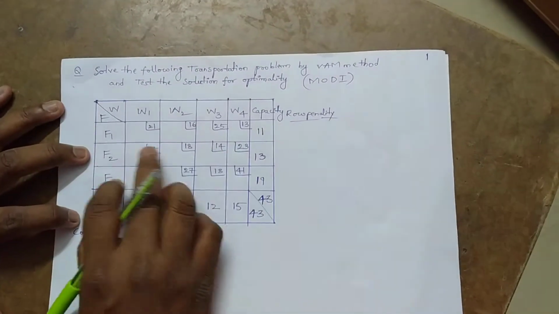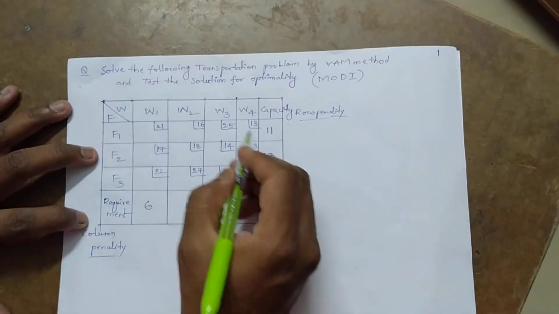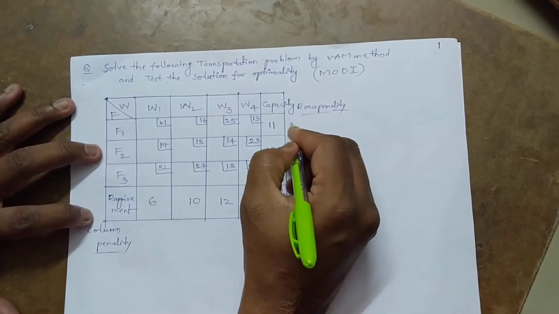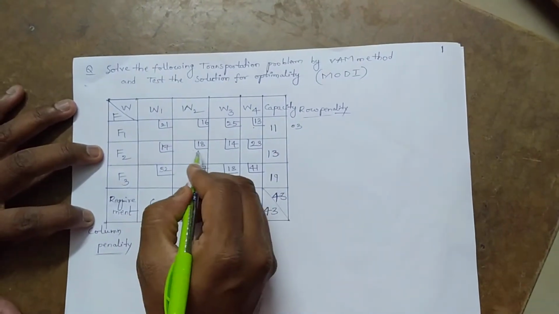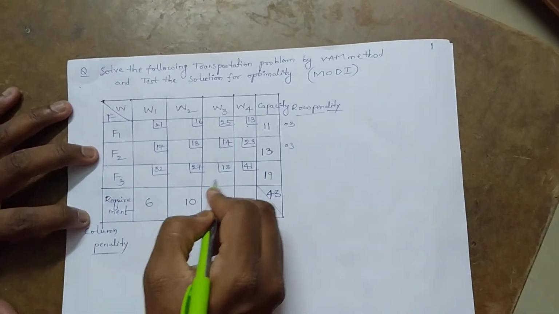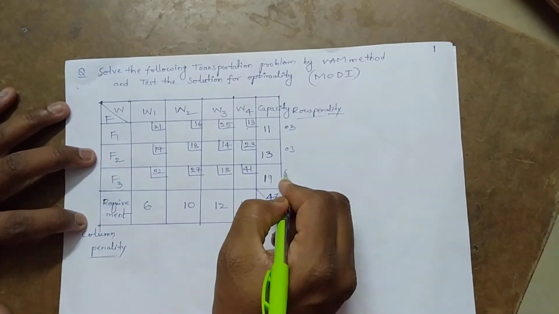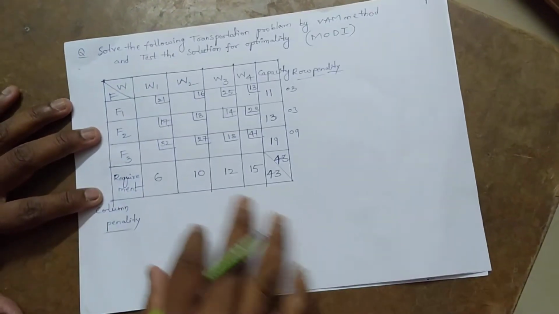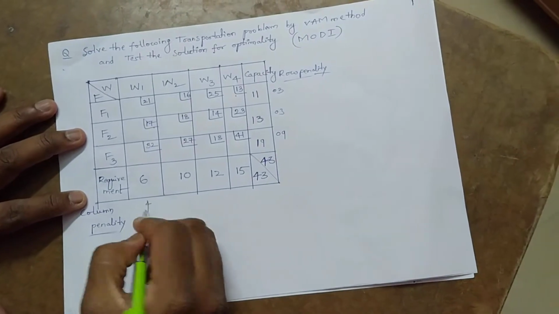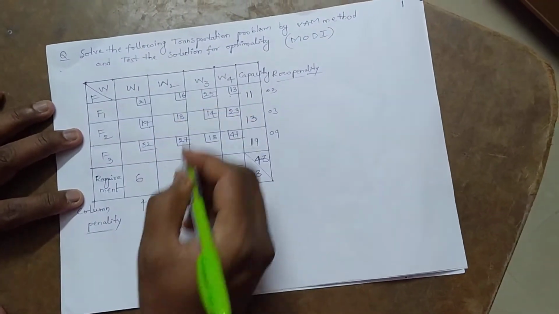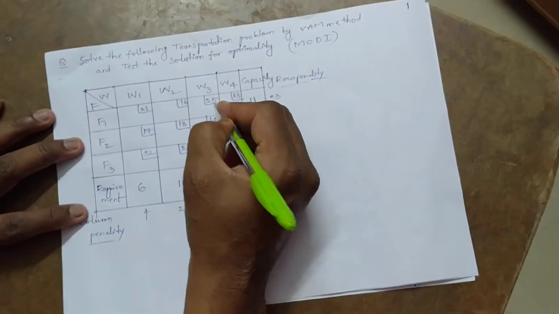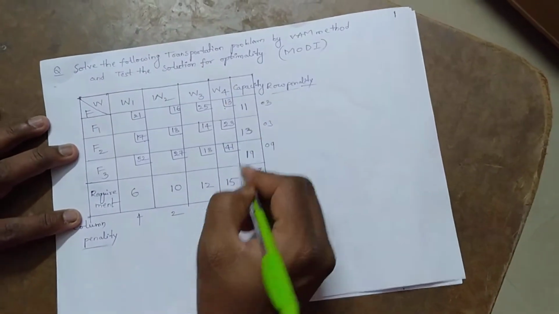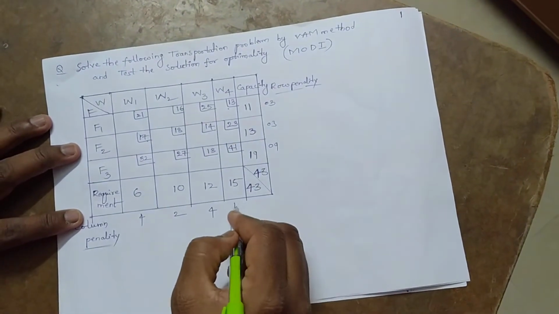Let us see now. First of all we can calculate the row penalties. The shortest cost and the next shortest cost: 13, 16, 03; next one is 14, 17, 03; next one is 18, 27, 09. Similarly 17 is the smallest cost, 17, 21, 4. Next one is 18, 16, 16, 18, 02. Next one is 14, 18, 4. Next one, the smallest cost is 13, and the next smallest is 23, it is 10.